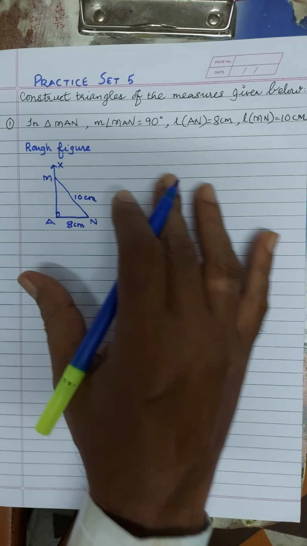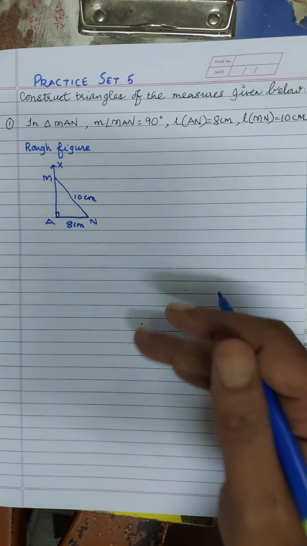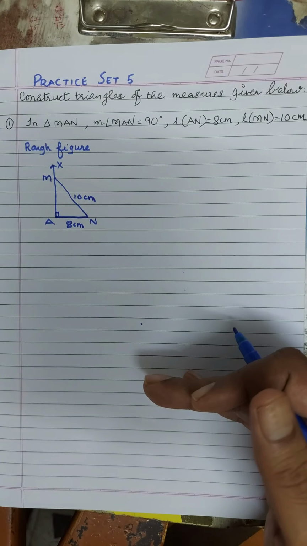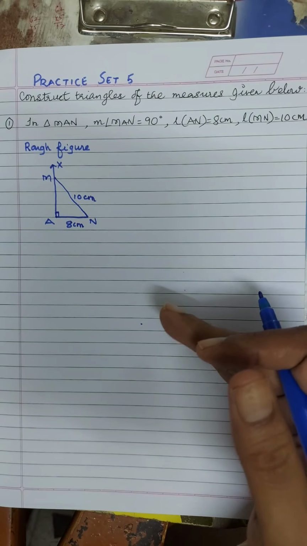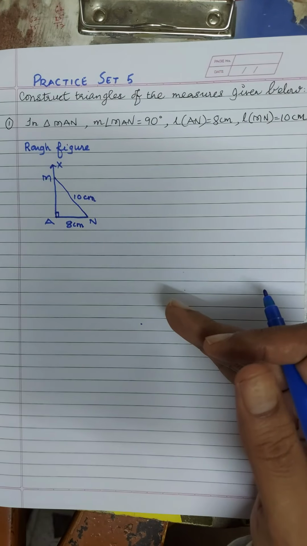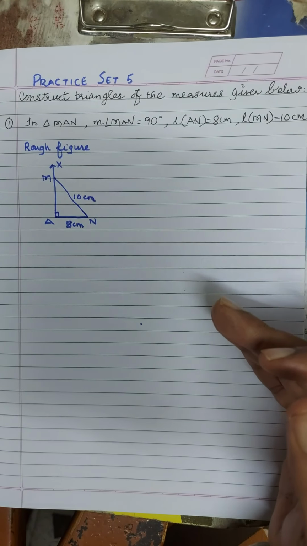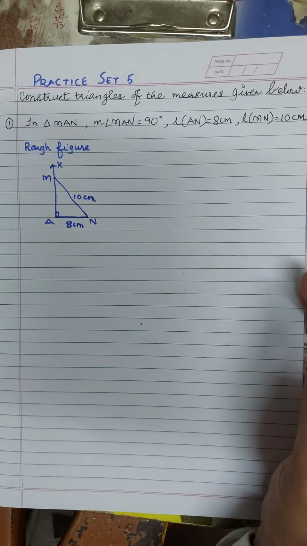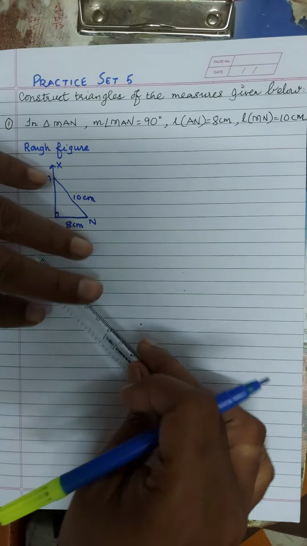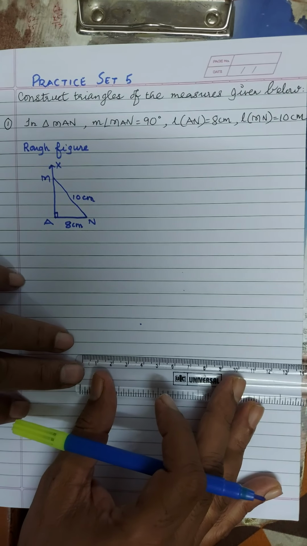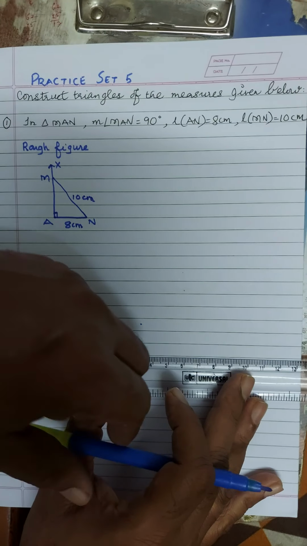Very simple. Normally, in the first question we'll draw the figure and also write the steps for construction. In the second, third and fourth questions we'll do the construction, but you have to write the steps of construction on your own. It will enhance your skill in understanding the question and the steps of the figure. So let's start. First of all, take the ruler and draw a line of 8 centimeters exactly at the center of the page. Presentation wise, it looks very nice.